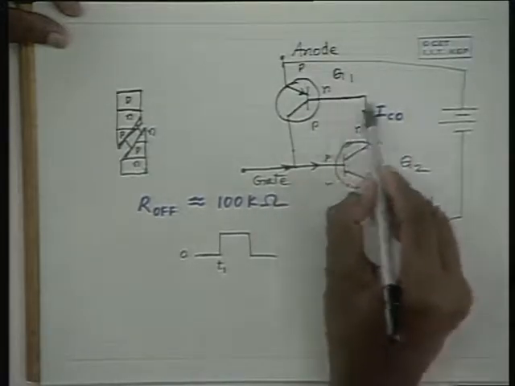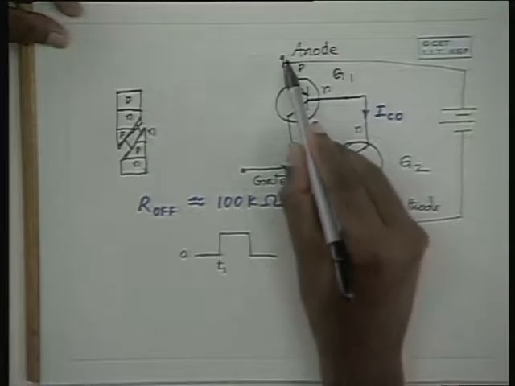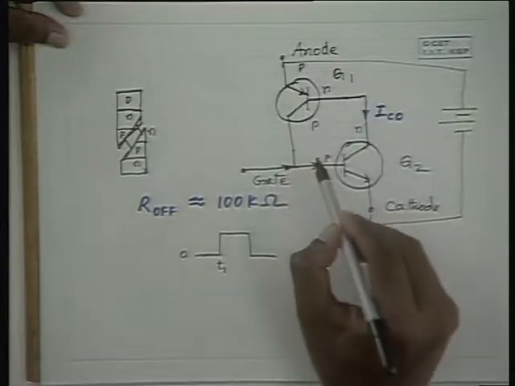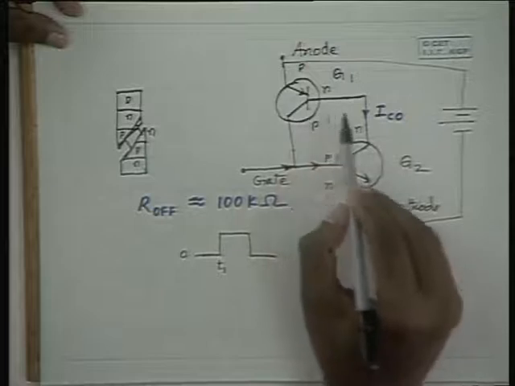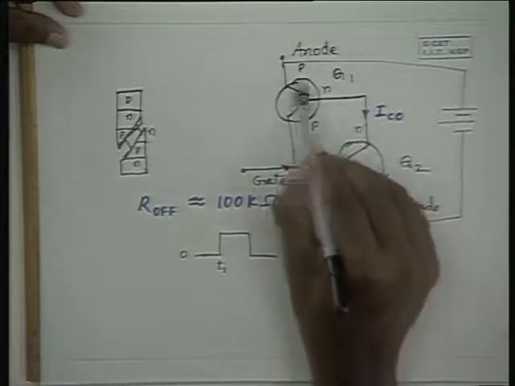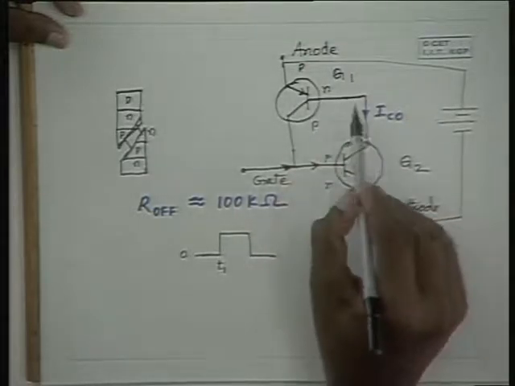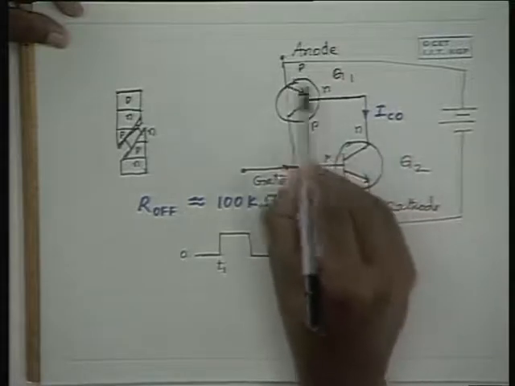Therefore, beta times that current would be flowing through this transistor, because this current biases this transistor and makes the PN junction potential